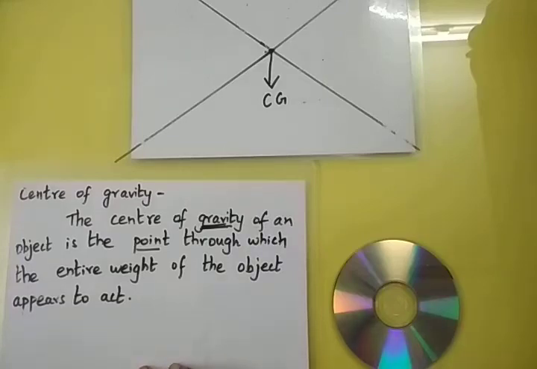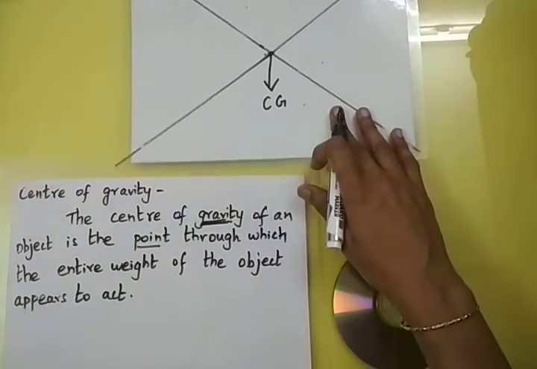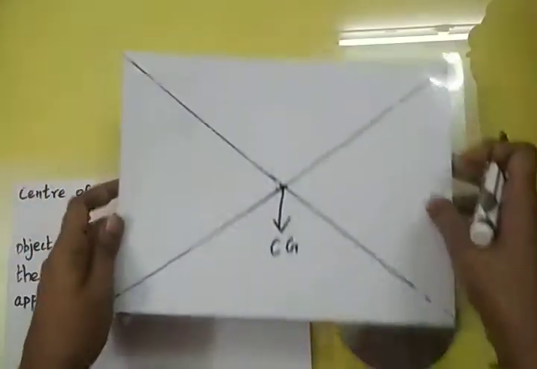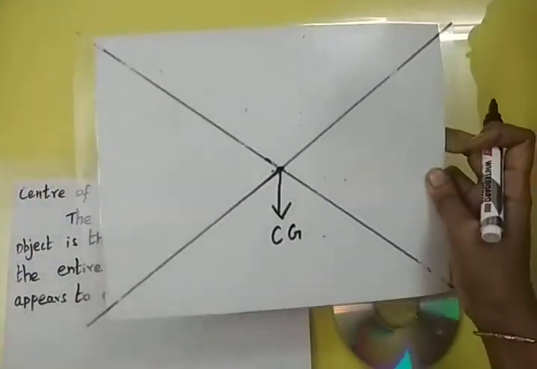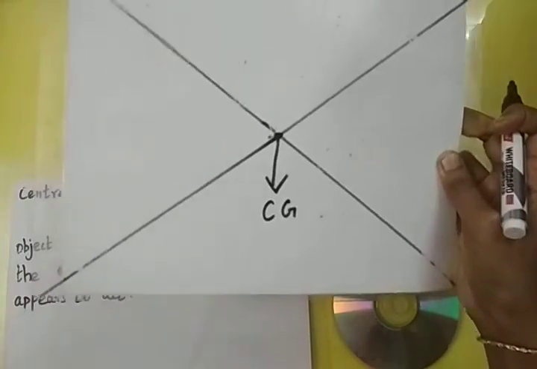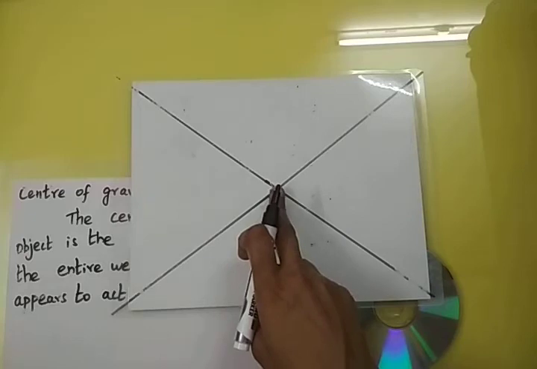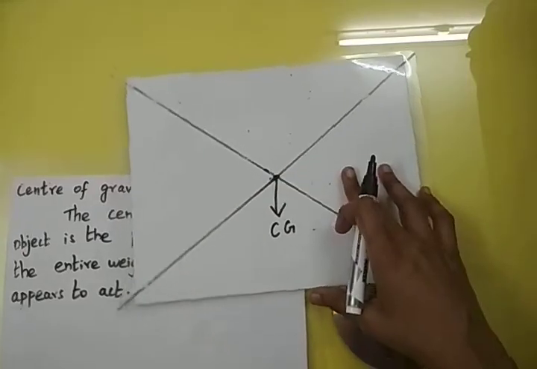In this video, we will recall the term center of gravity and we will learn how to find the center of gravity of an irregular surface. So we know that if an object or a surface is regular, which means it has a proper geometric shape, just like this rectangular card, the geometric center is the center through which the weight of the body acts, which is nothing but the center of gravity, right?